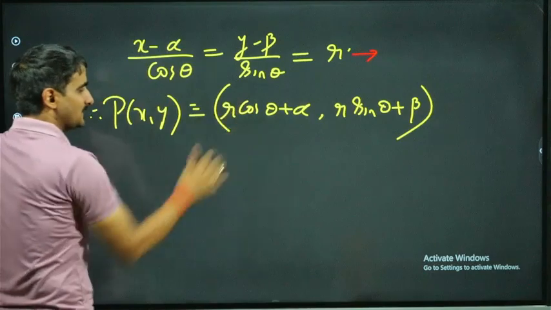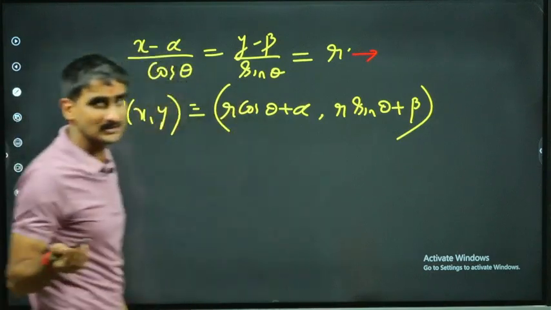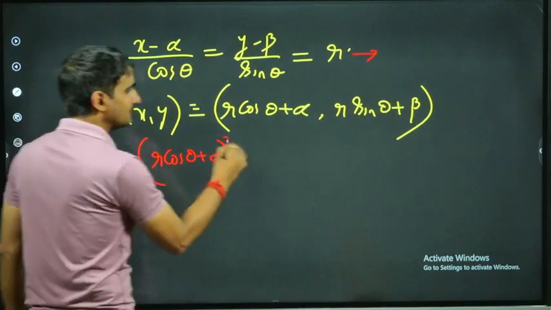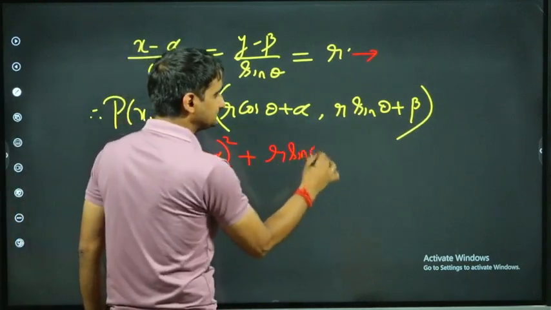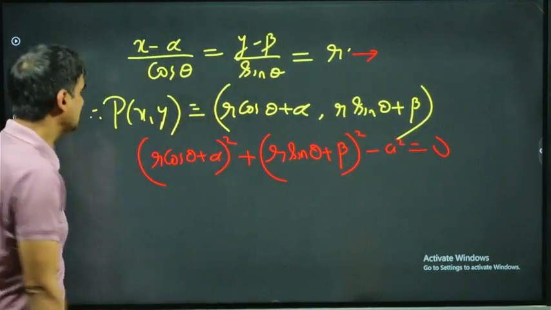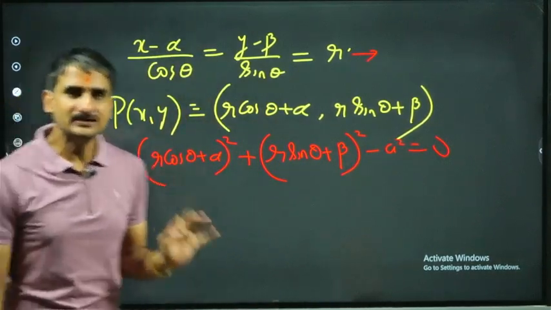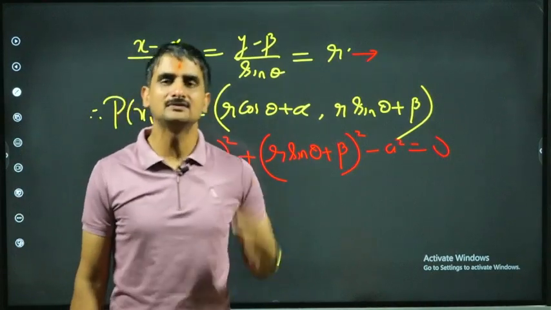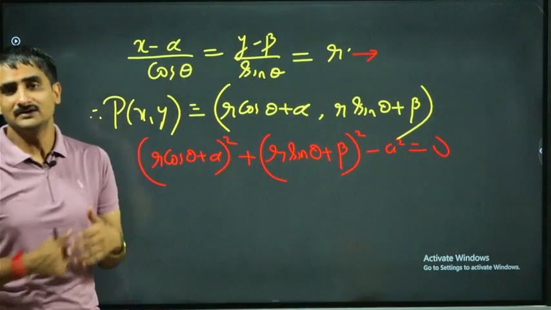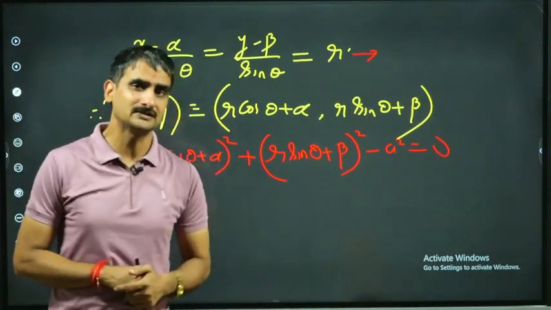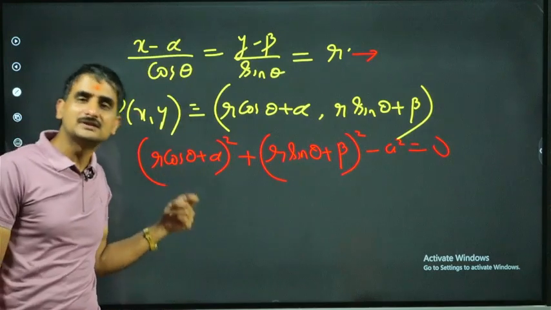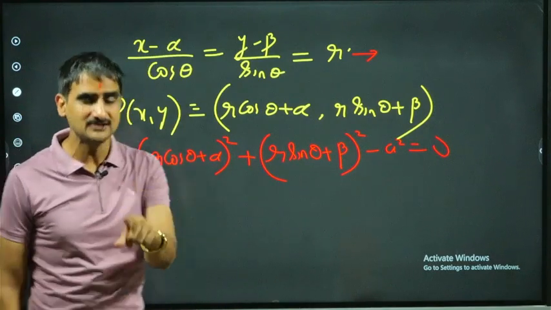Okay, so now let's satisfy in the equation. The equation of circle is x square plus y square is equal to a square. So (r cos theta plus alpha) whole square plus (r sin theta plus beta) whole square minus a square equal to 0. Now collect the terms of same degree. Since the line will be intersecting the curve, which is a circle, at 2 points only, hence we got a quadratic in r. But if the curve would have been a cubic curve, the line could have intersected the curve at 3 points. So the number of points of intersection will decide the degree of the equation which you get here in terms of variable r. Be very sure about it.